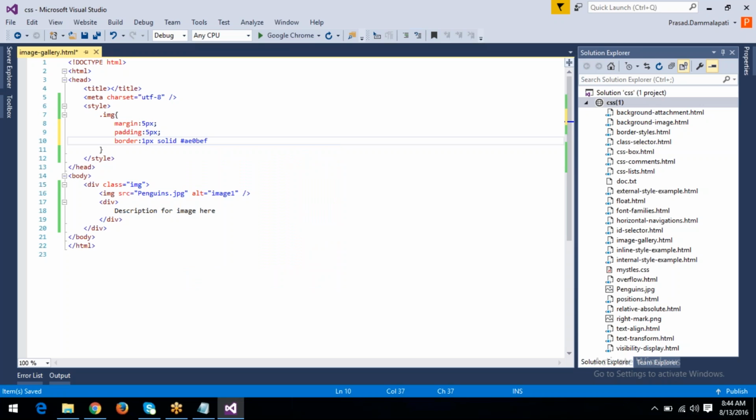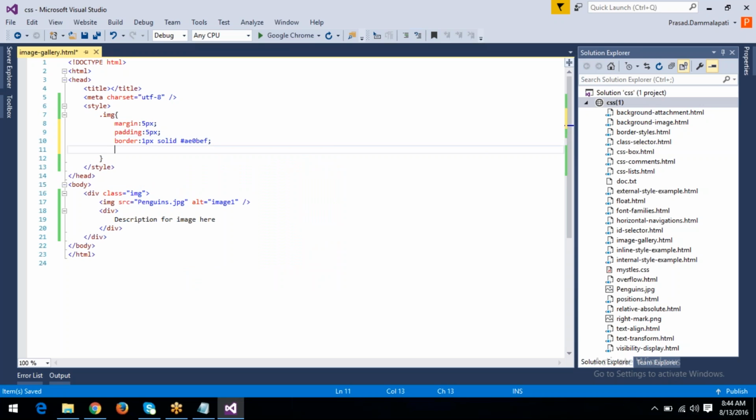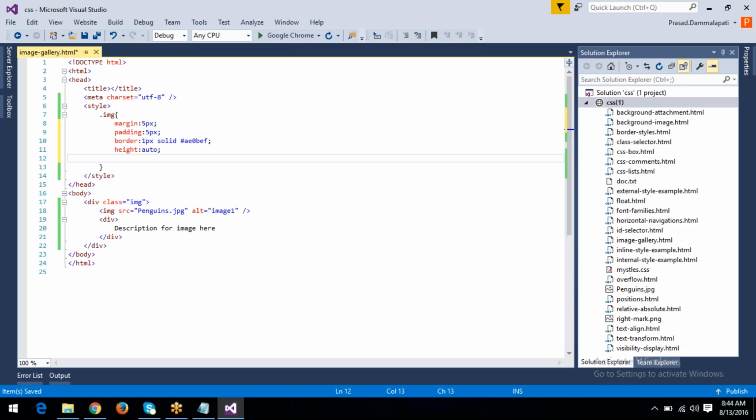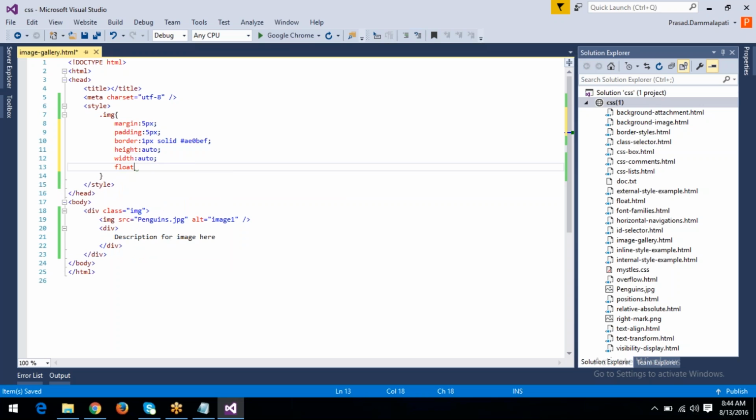So we can take this border color. And height for the div auto height. Okay, so it will take the image size, based on the image height, and width also the same, auto height and auto width, and float left,